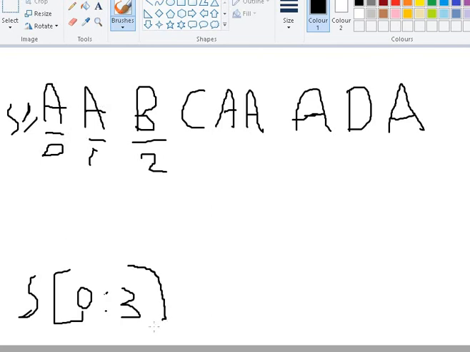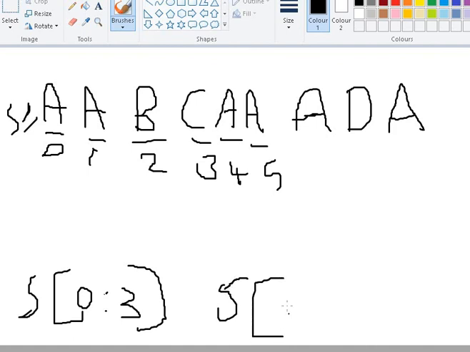Okay, this comes fine. Then next comes a bit tricky. This is 3, this is 4, this is 5. That means our s value should be, poor handwriting I have, 3 to 6.